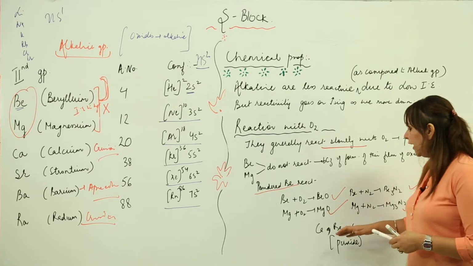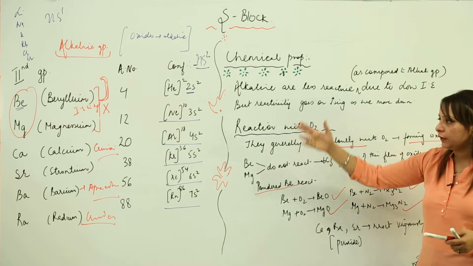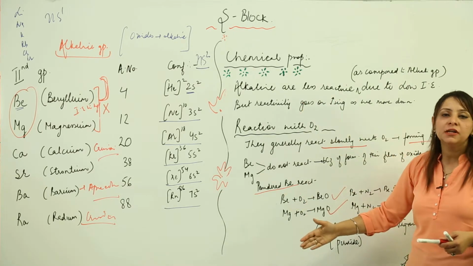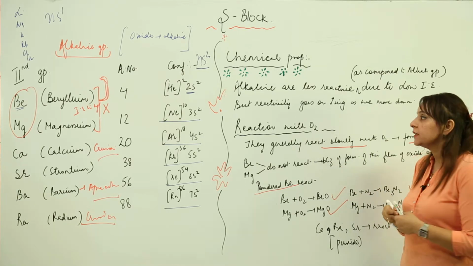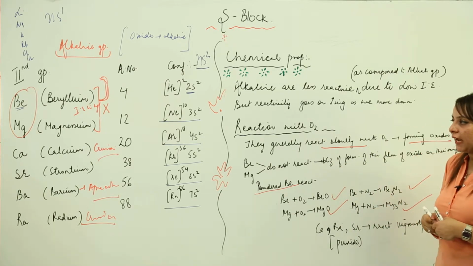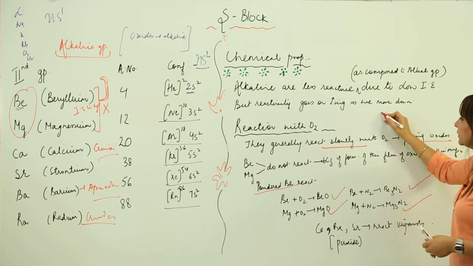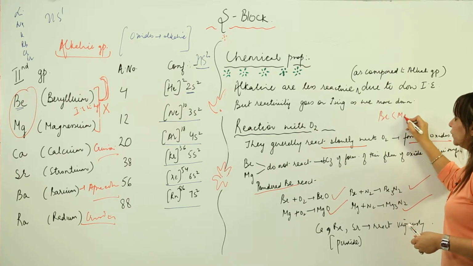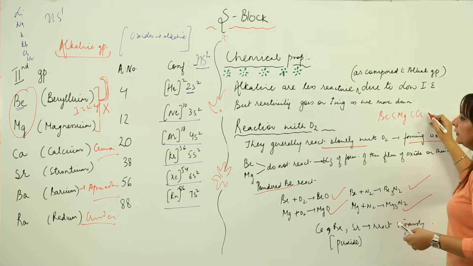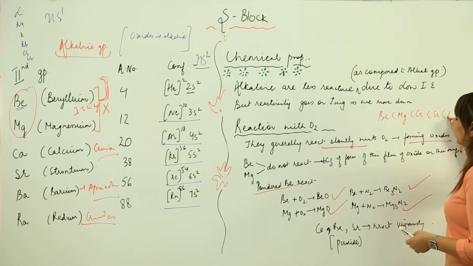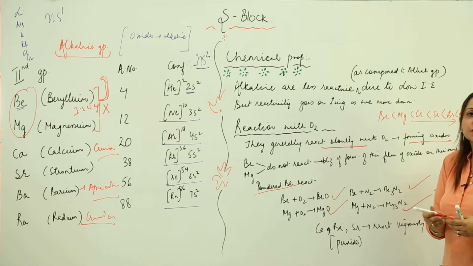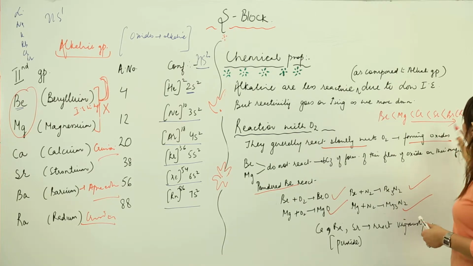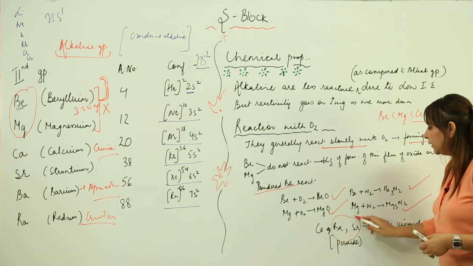But as far as the reactivity of alkaline earth members in reacting with air is concerned, what we see is that as we go down, the reactivity increases. So we can say that the order of reactivity towards air or oxygen follows this kind of sequence. As we move down, the reaction is much more vigorous, and we see that in the case of strontium and barium,